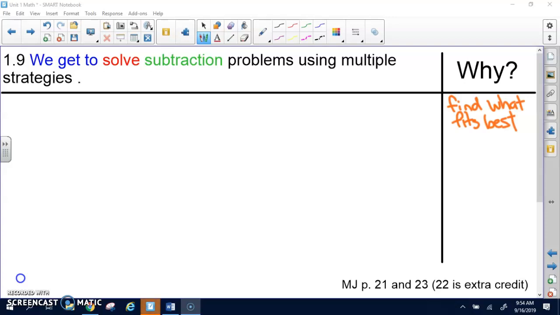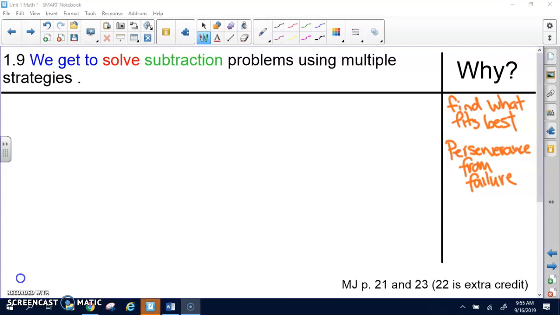It's good to have more strategies because if you try to use one and it doesn't work, you have a full list of other strategies that you can use to figure out the question. I'm going to say perseverance from failure, which I really like. If one doesn't work, we have another one to help us out, right? Okay. So